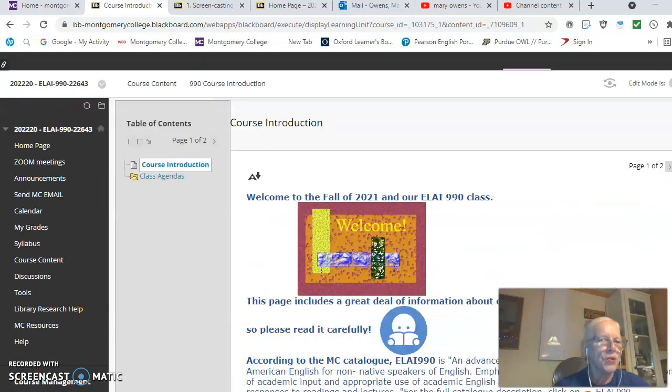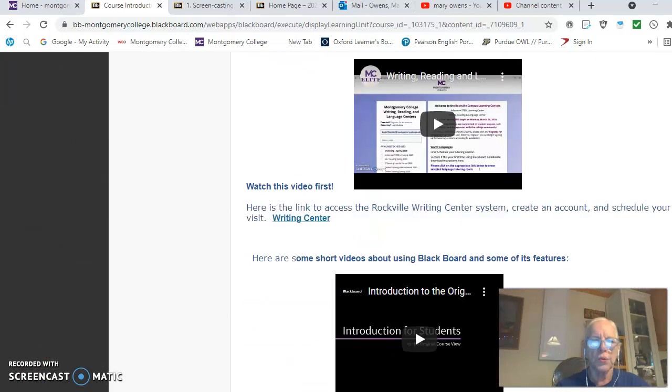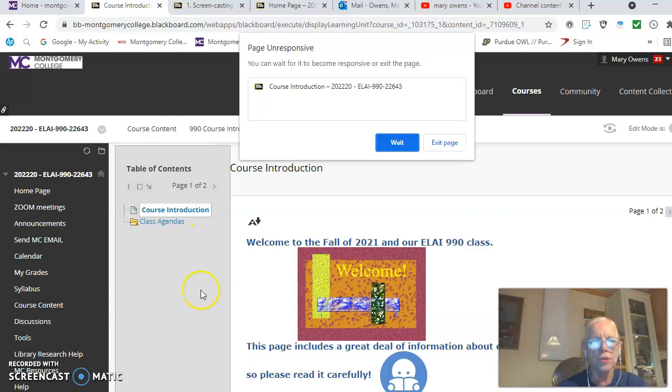All right, so that is so far course content. With course content, let me go back out of here. Let me go back to course content. Again, notice that we have a little table of contents in here. Class agendas: this is where I will file the agendas after we meet in our classes. So if you wanted to go back and see something that we've done, you can go back to that file. You could go back to the announcements and also find